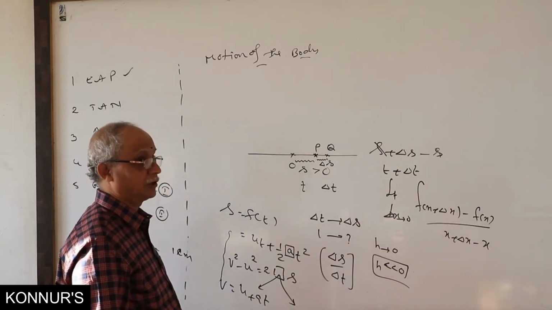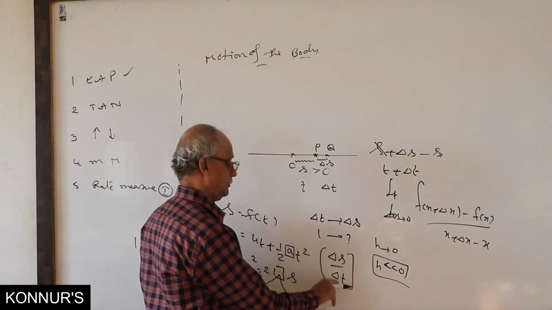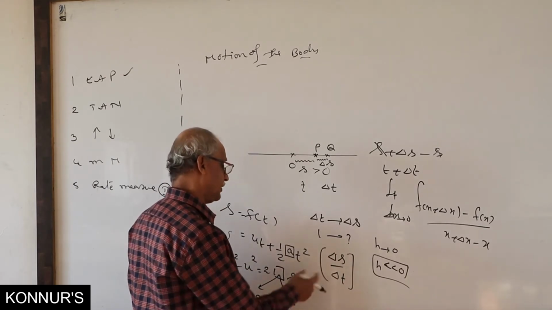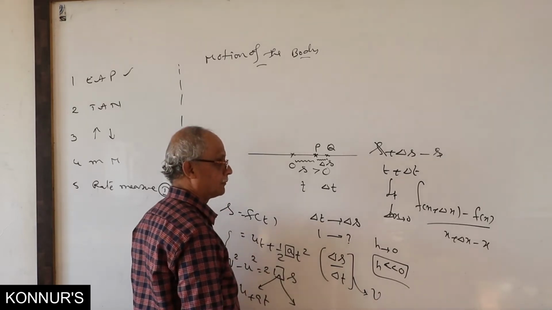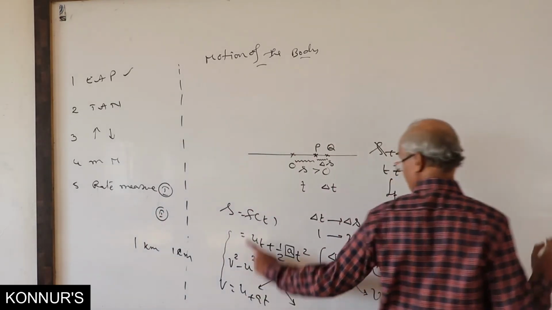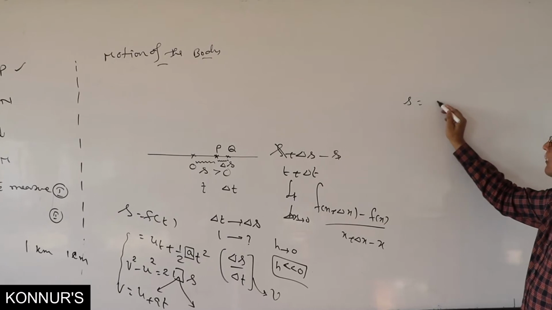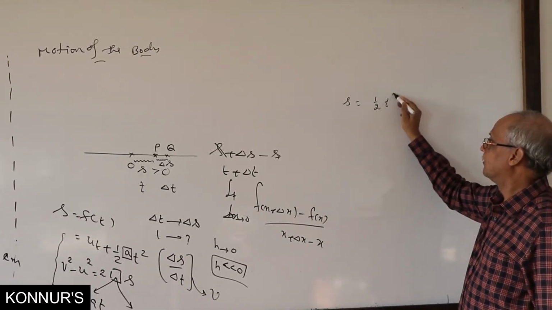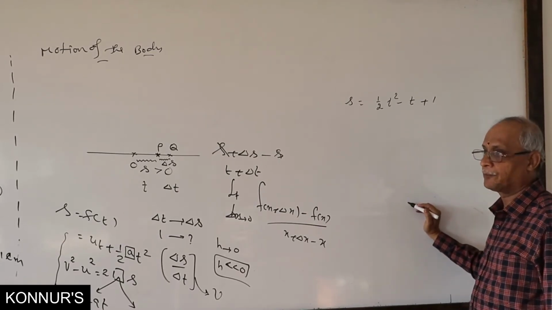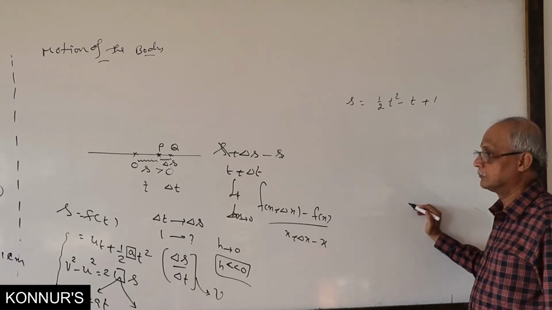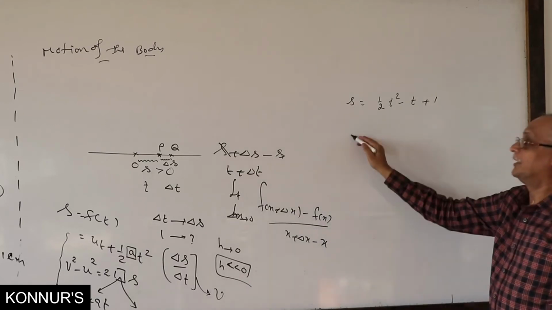Like the derivative of sin x with respect to x, that is the reason. So this ratio, the rate of change of displacement, is so called velocity. This is what we need. When we started, s is f of t here, for example, half t square minus t plus 1. Now we want to find velocity. In mathematics, from calculus, velocity is nothing but ds by dt.